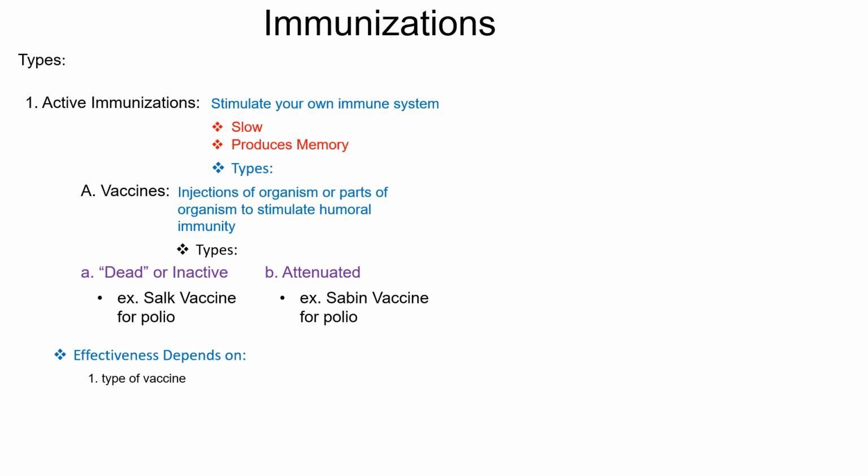Now, the second thing the vaccines will depend on is the storage. Remember, these are all protein. And because of that, if you store them improperly, such as in a hot warehouse, they will denature. And so when they're injected into you, your immune system will respond and produce antibodies, but they will be to the wrong shaped antigen. And so now when the real thing comes in, you'll have no protection.